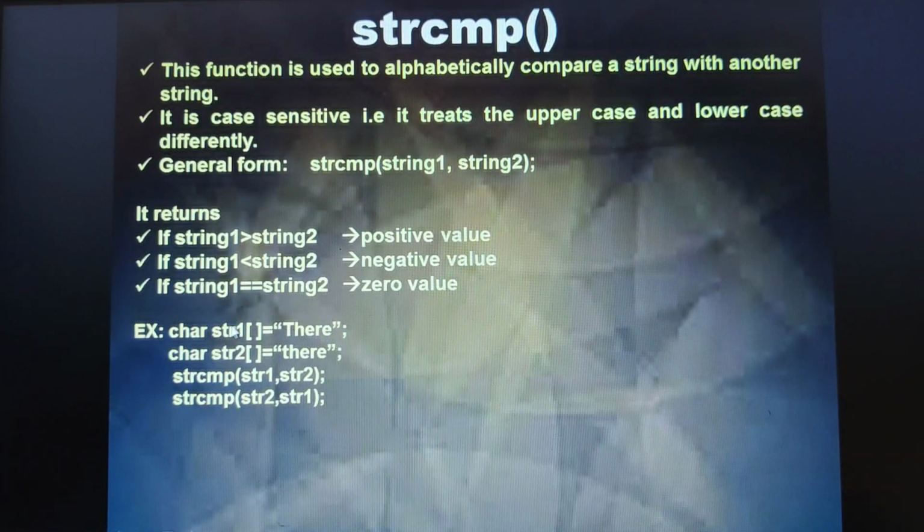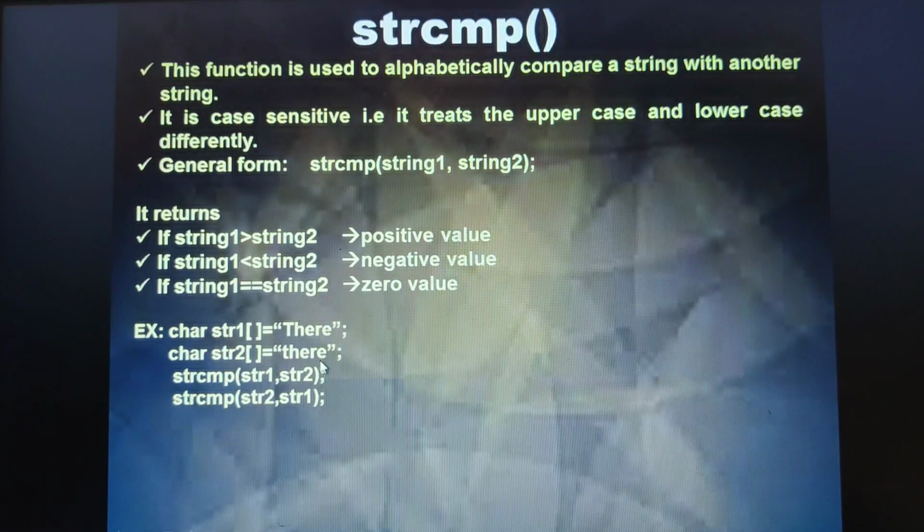Now look at this one here. Example, I'm going to initialize string 1 with these characters, that is THERE, and the second string with THERE where the t is lowercase. So string compare will compare these two strings. When I pass these as parameters, it will compare the two strings alphabetically based on their ASCII values.